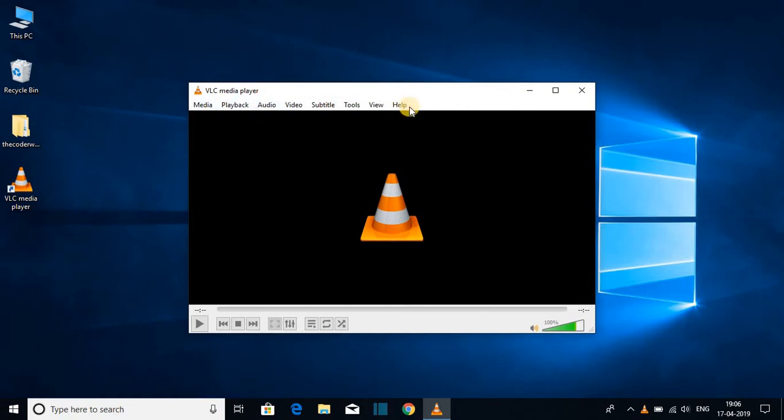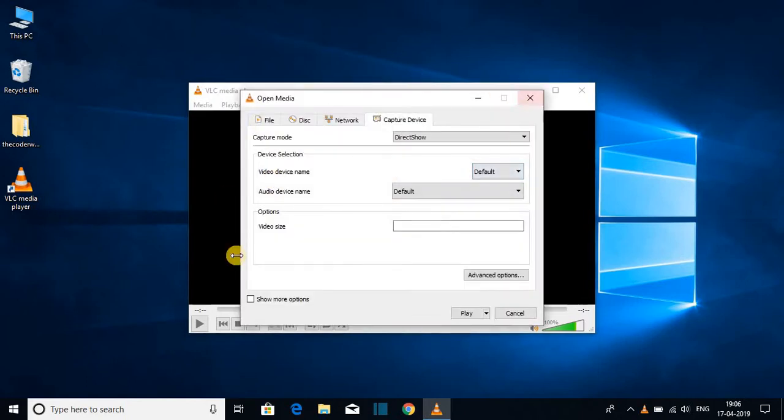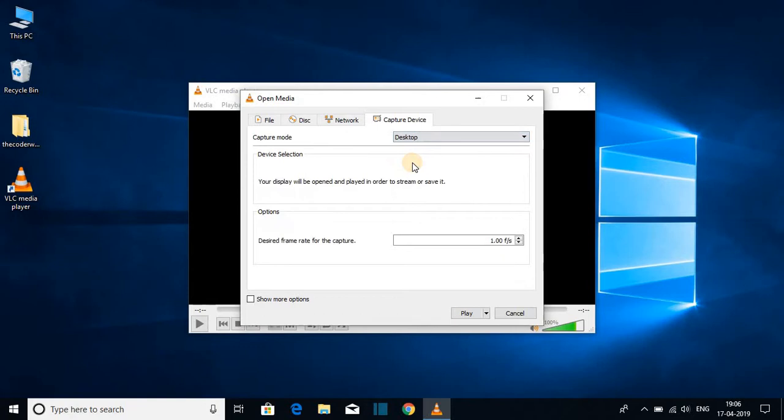On the tab here you will find different menu, and here just open capture devices. It will open this kind of window. Here on capture mode, just select desktop. And here you have to select your desired frame rate for the capture. So for now, let me set 20 frames per second, and here instead of playing, just click on this drop